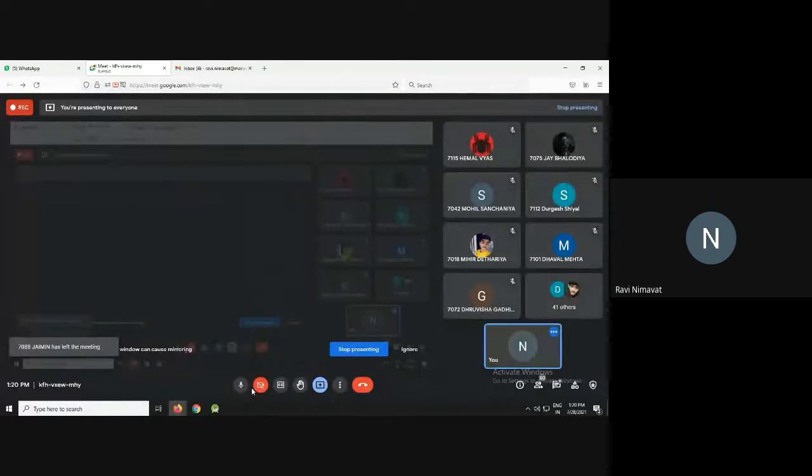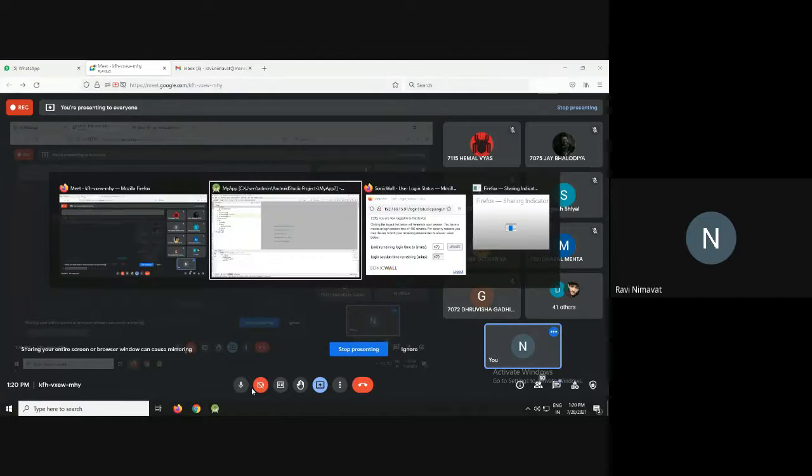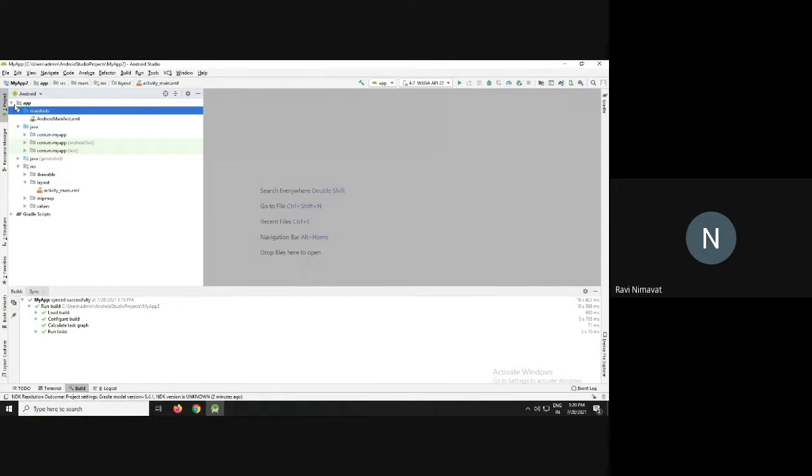Okay, student. First, I will explain the structure of Android. Ready? File and folder structure. Then we will start our practical. Clear? Okay, student. Here is the app, means application folder or application package. In application package, one sub package is there. It is a manifest file. Ready? So the manifest file is available in the manifest package. And in manifest package, one file is there in Android.